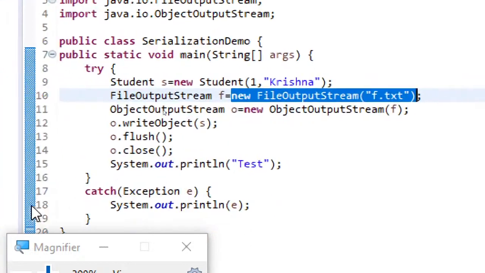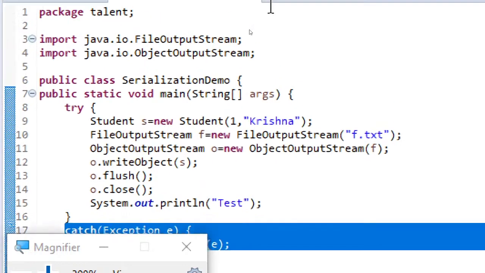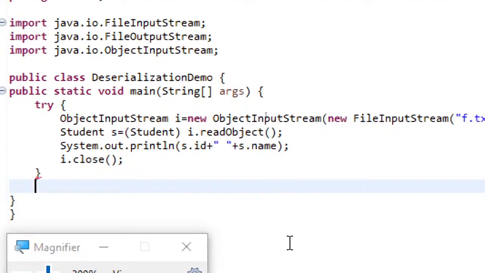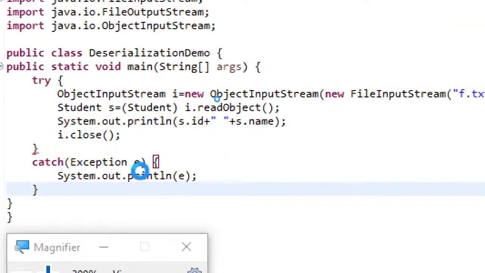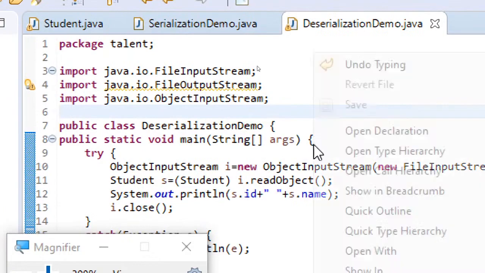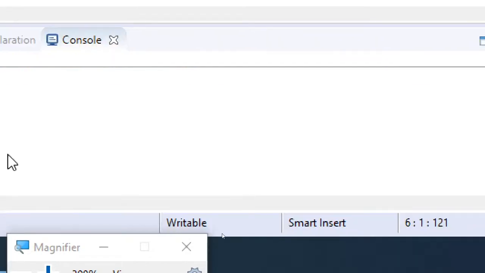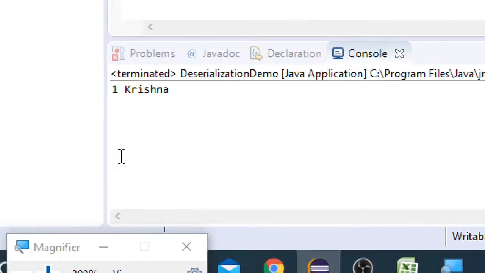So I'll just include this catch which I've done here. The same thing, I'll just copy it and paste the same thing. So I think things are fine. Now let's run this and check. Right click, run as. Yeah, it's working fine. So this is how you perform serialization and deserialization using the object output stream and input